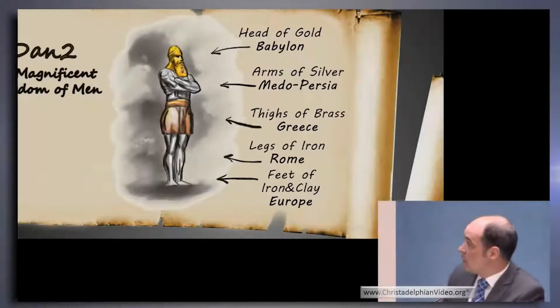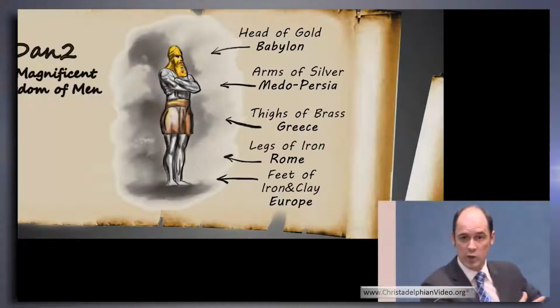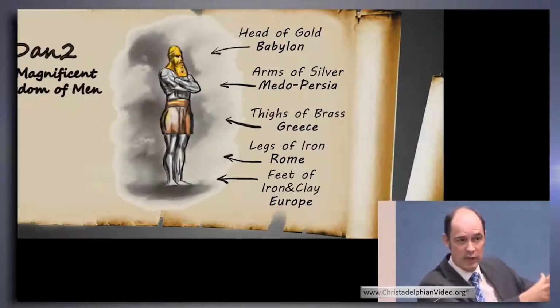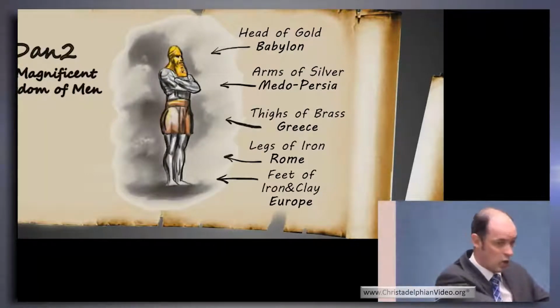What is it then? Well, it's essentially that head of gold. When we talk about the body of Christ, what do we talk about? We talk about us being the body and Christ being the head, because all the thinking and all the blessings that come on the ecclesia come on us because we're the body of Christ, and it comes on that head and the thinking goes down into all the body.